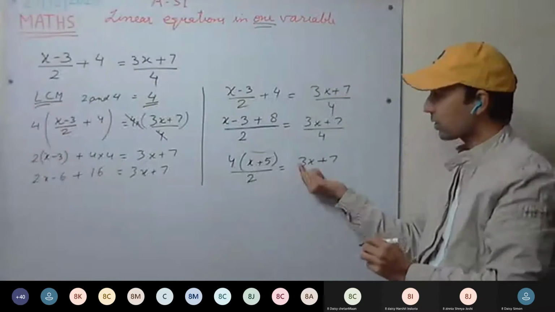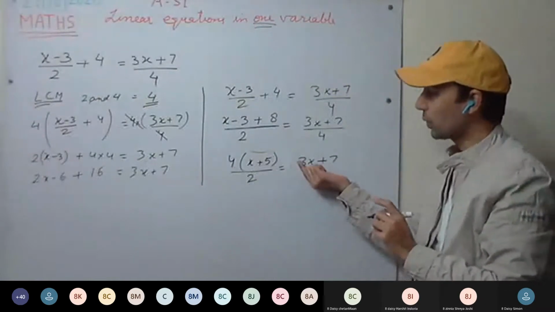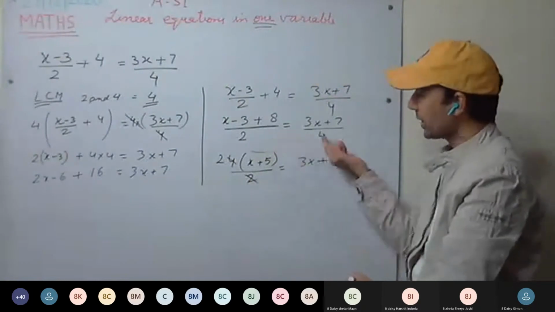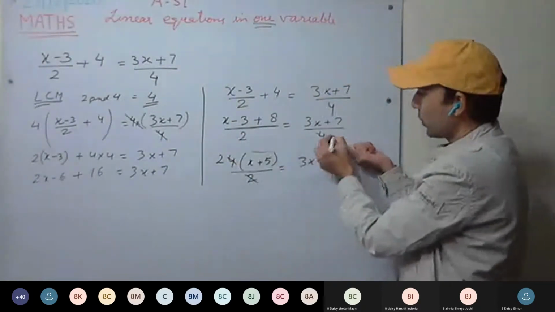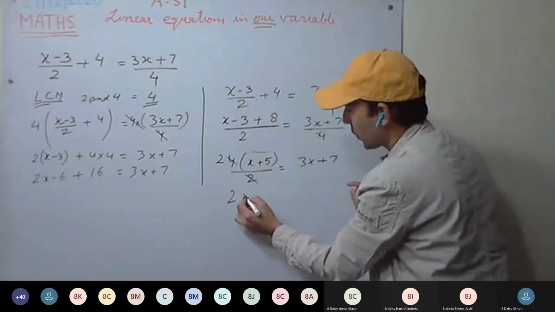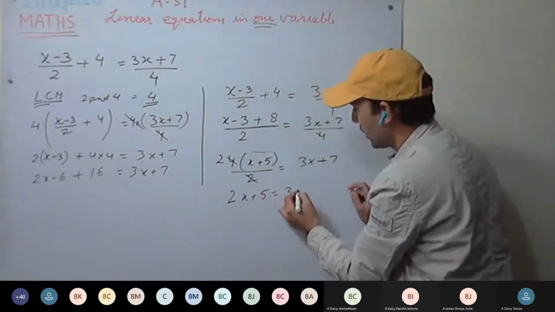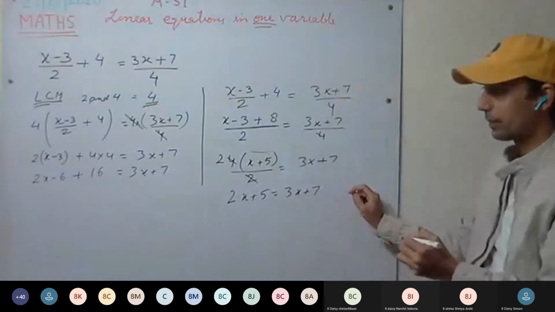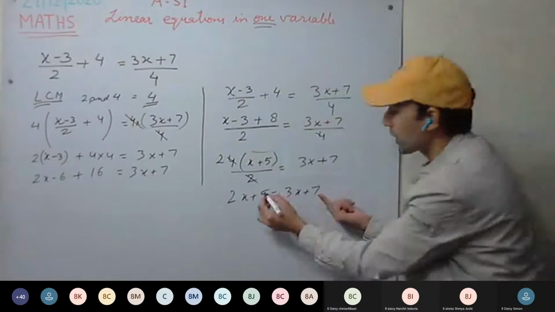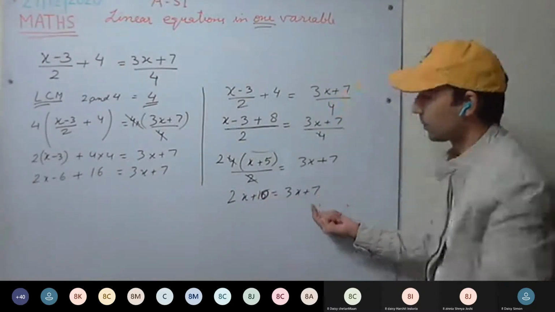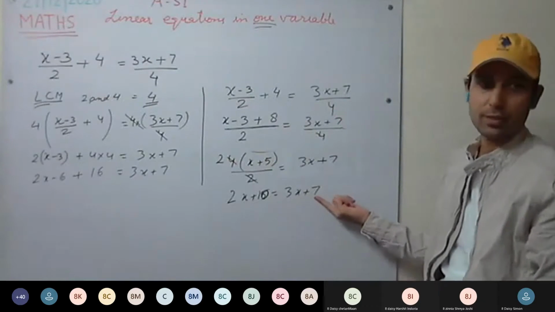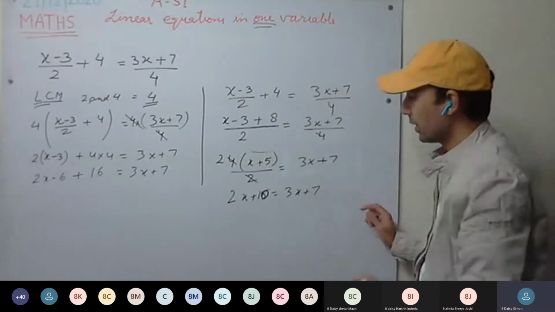Okay. I haven't cross multiplied. I haven't taken 2 here because it gets cancelled. Or you can cancel here as well. 2 here, 2 will be remaining. That as well you can do. What is remaining? 2x plus 5 equal to 3x plus 7. Or 2x plus 10, 2 into x, 2 into 5. 2x plus 10 equal to 3x plus 7. This is clear? Sir, is this correct?